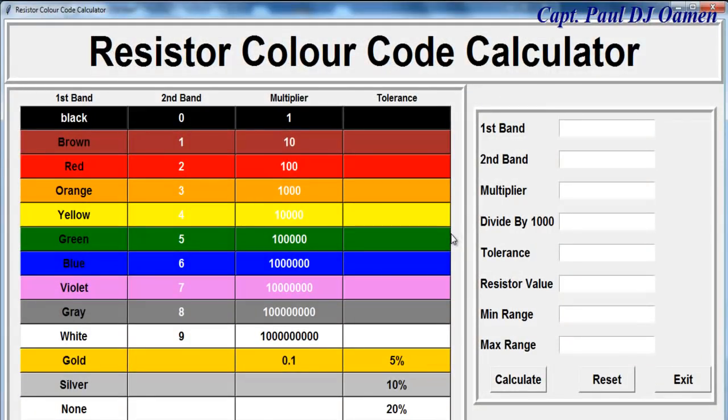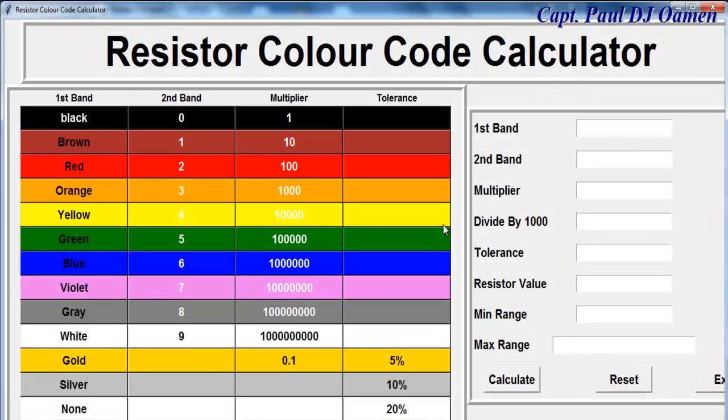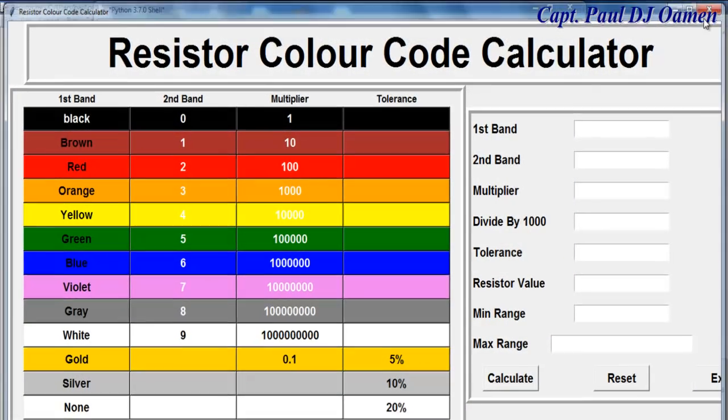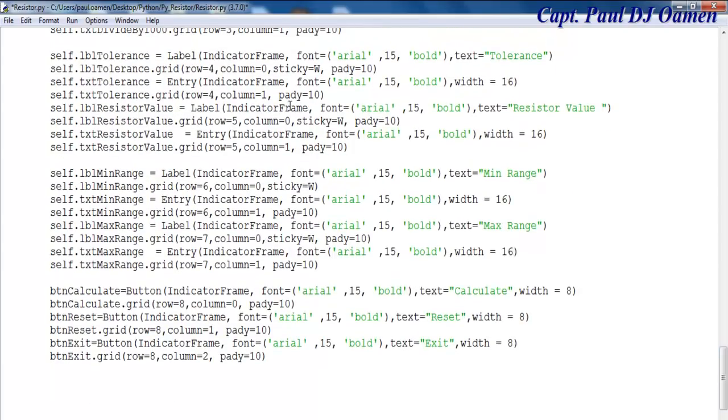Okay, that is fine. Now let's see if we can increase this. If I increase this, let's see what's going to happen. Make this 24 and see. Or we can just ask it to... No, that is wrong. Okay, undo that. Okay, let's just ask it to span